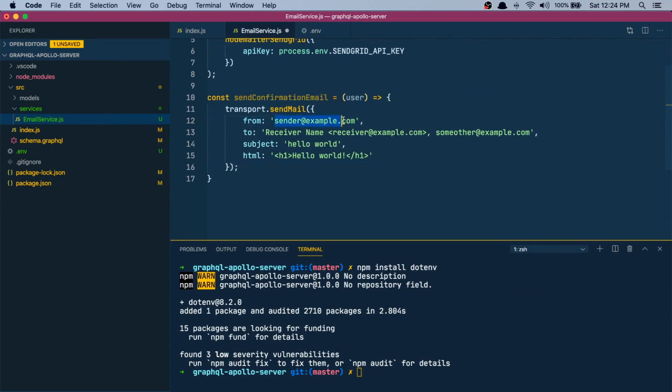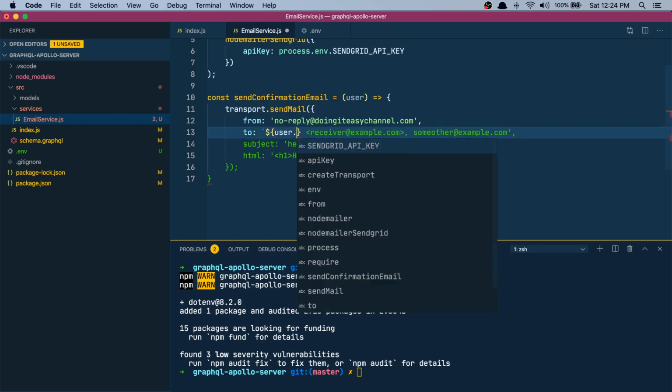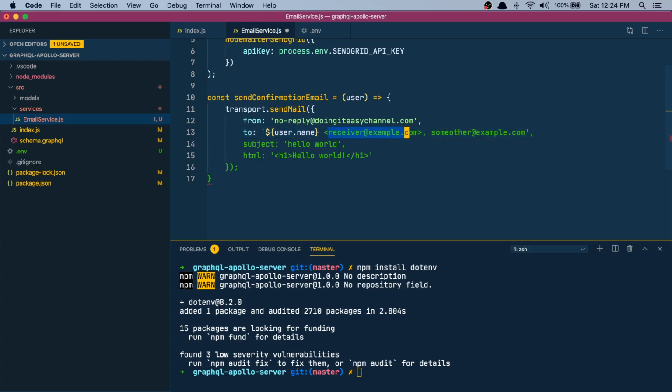So the send email is from, I'm going to say no reply at bring it easy channel.com, and the receiver's name I'm going to get from the user object that we get, user.name, and the receiver's email is also in the user object, user.email. We don't want these. Let's replace this with a backtick. Subject is going to be confirmation email,